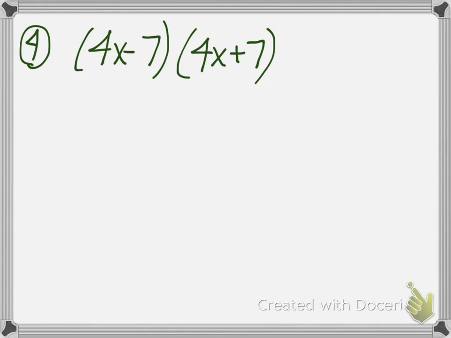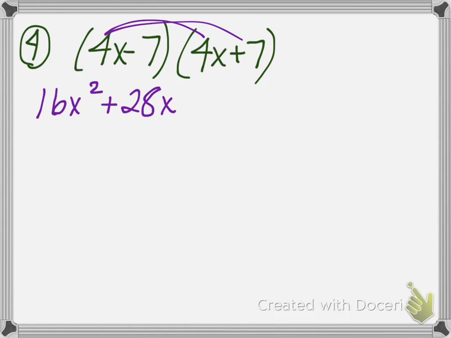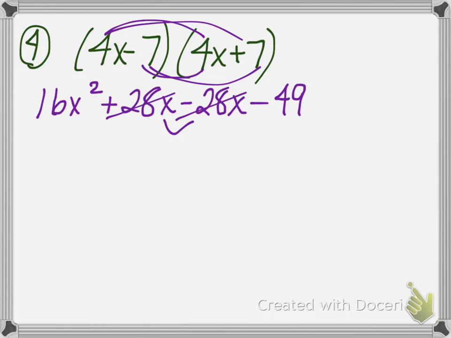Number 4, 4x minus 7 and 4x plus 7. So here, again, we can FOIL. 4x and 4x make 16x squared. 4x times positive 7 is a positive 28x. Negative 7 times 4x is negative 28x, and negative 7 times 7 is negative 49. Combining our like terms here actually makes them cancel because we have the same number, one positive, one negative, and I'm left with